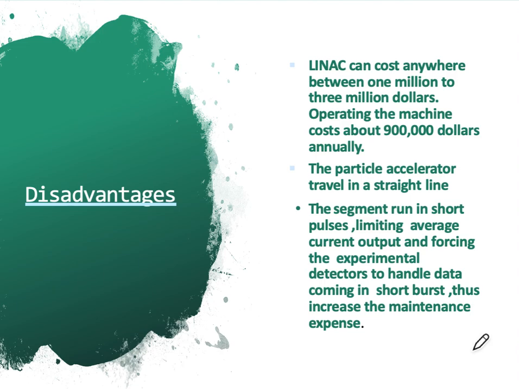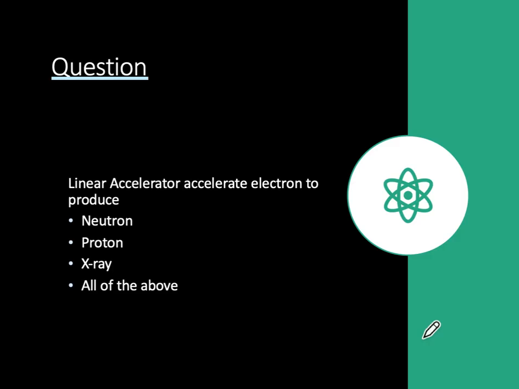And then there are disadvantages also. It's costly, and general linear accelerators need high-end space. So the scientists initially developed nearly 4 kilometers of drift tubes, and afterwards they used the resonance cavity principle and minimized it. Maintenance is also a little bit expensive. These are some disadvantages, and I hope you understood the principle, phase focusing and the different kinds